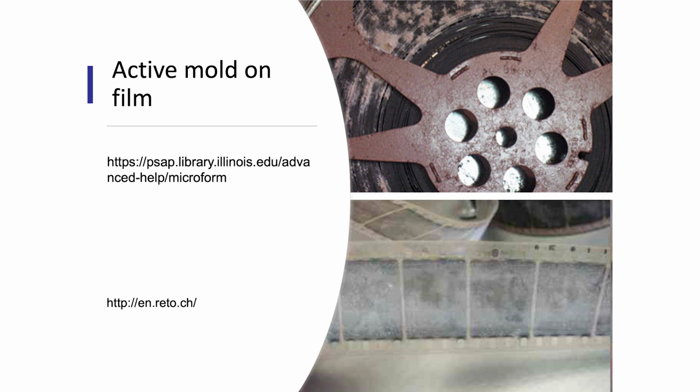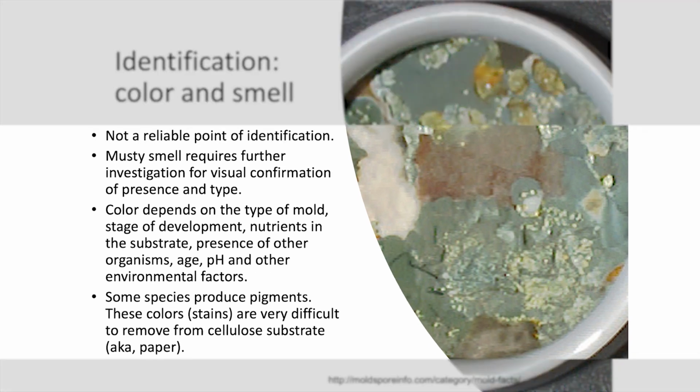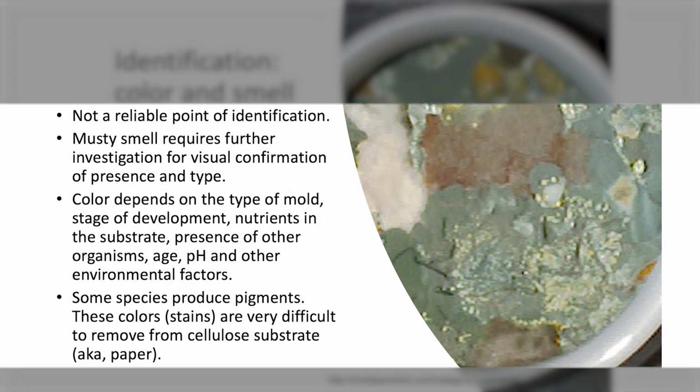If mold has eaten into the emulsion, the film will be noticeably and irreparably damaged, exhibiting feathery-like distortions or dull spots on the projected image. Areas and objects affected by mold often produce a musty smell, and we can see that mold growth comes in a variety of colors and shapes.